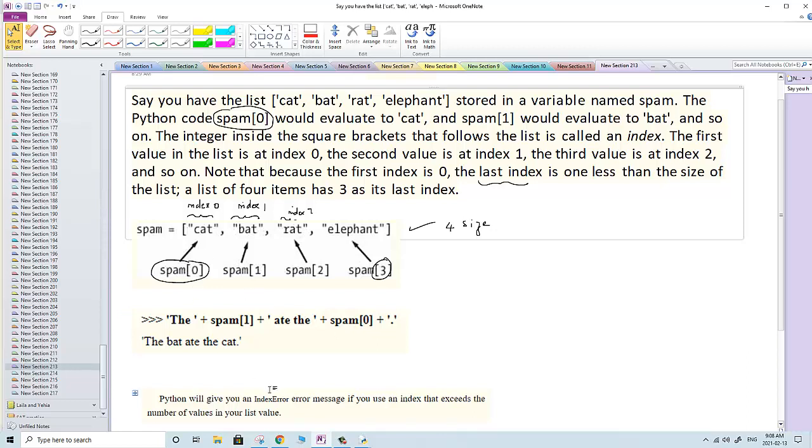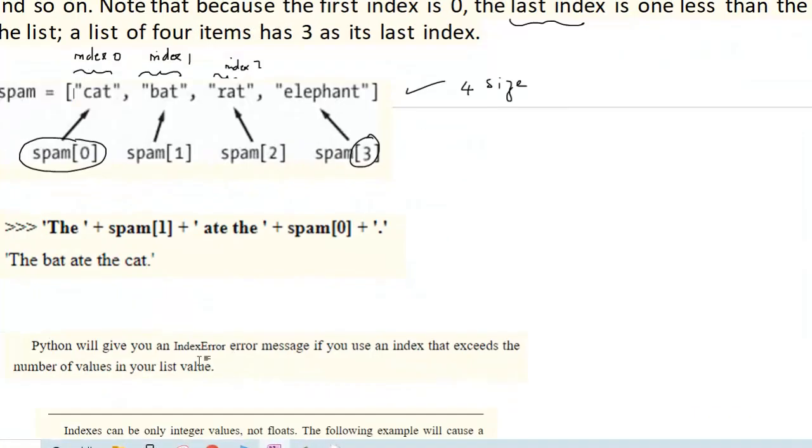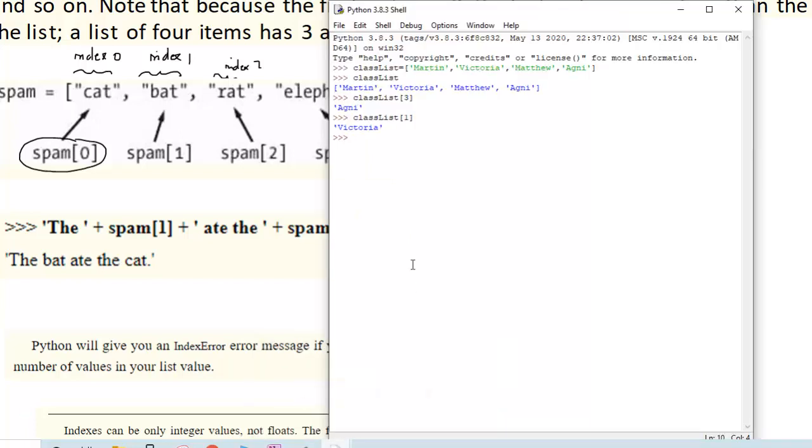Python will give you an index error message if you use an index that exceeds the number of values in your list. What is the meaning of that? If I go to my list here, how many items do I have? 1, 2, 3, 4. That means the indexes are 0, 1, 2, 3. This is the index. If I type class list,